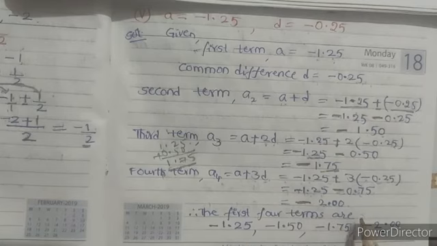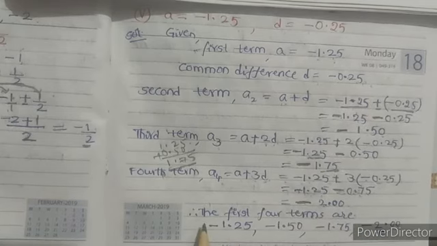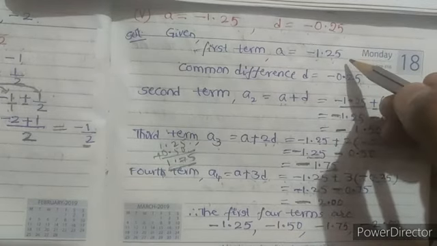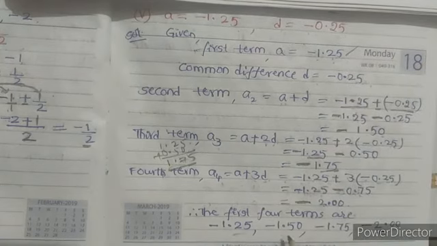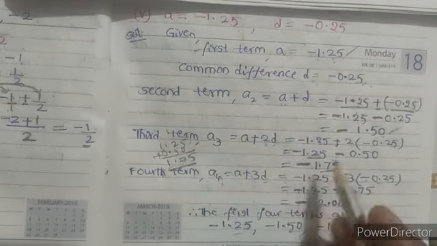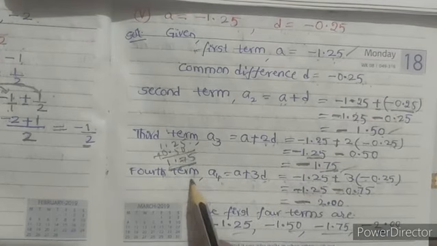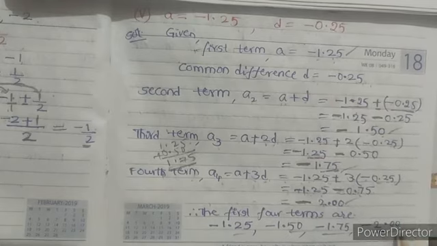Finally you can conclude that the first 4 terms are: first term, second term, third term and fourth term. First term is already given as minus 1.25, comma. Second term is minus 1.50. Third term is minus 1.75. Fourth term is minus 2.00. That one you can write